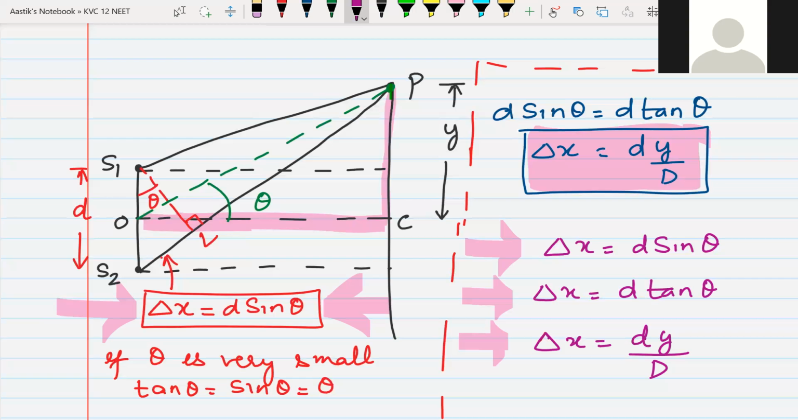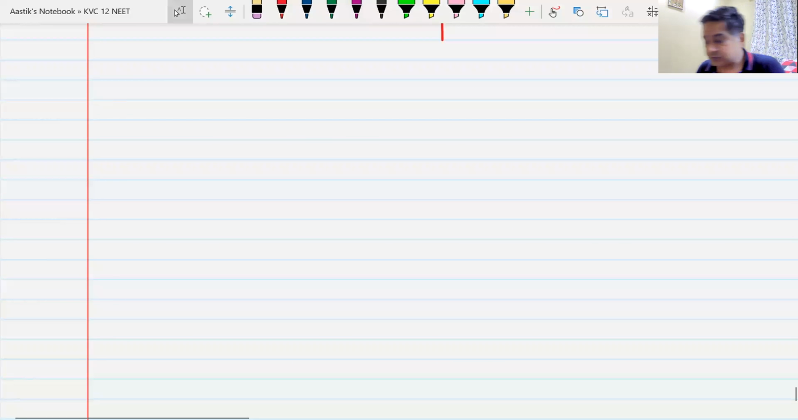Okay, then that takes us ahead. Remember, the main task that we had was to find out where we will have dark fringes and where we will have bright fringes. That was the main intention. Now, for bright fringes,